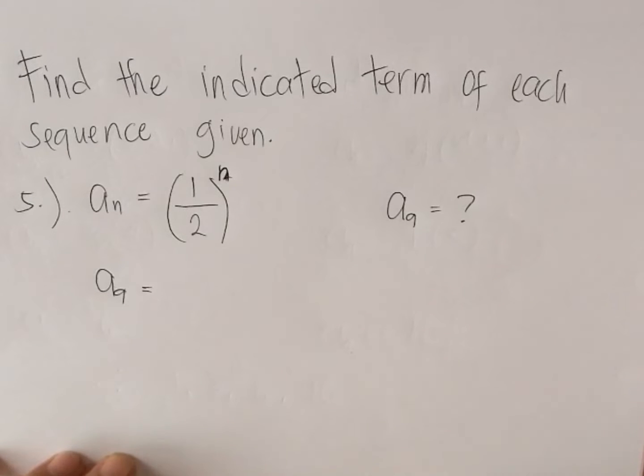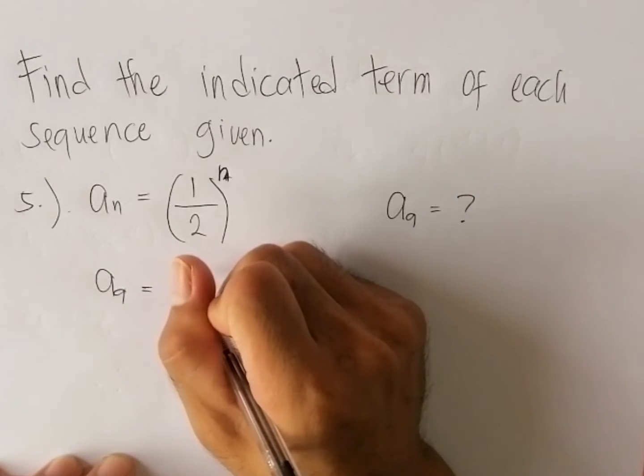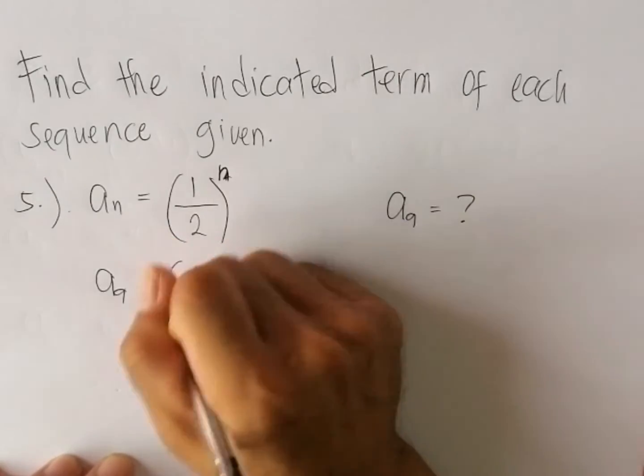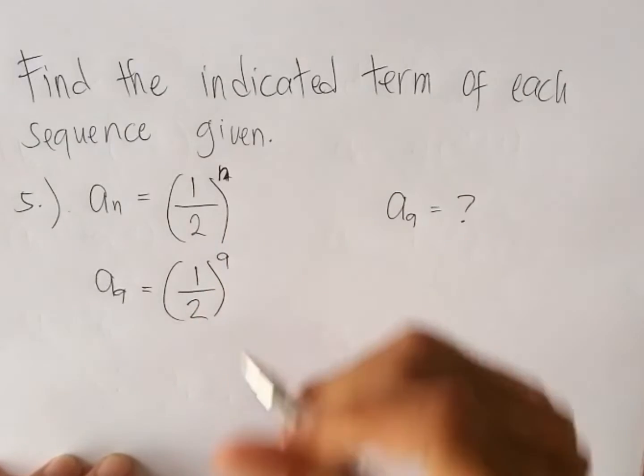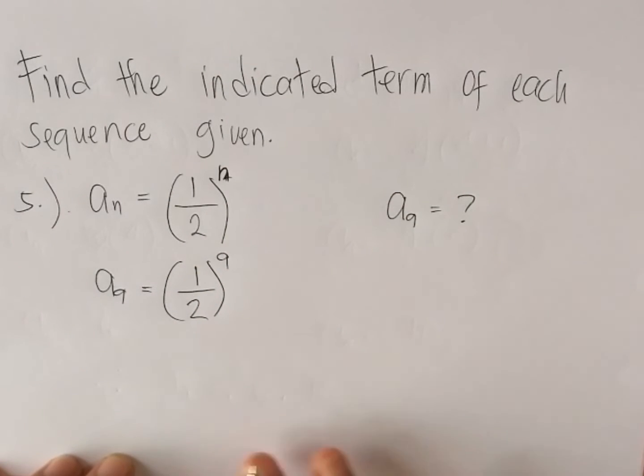Find the indicated term of each sequence given. So for number 5, a sub n is equal to the quantity of 1/2 raised to the power of n. And what is a sub 9? So for a sub 9, that is equal to the quantity of 1/2 raised to the power of 9, since the value of our n is 9. So a sub 9 is equal to